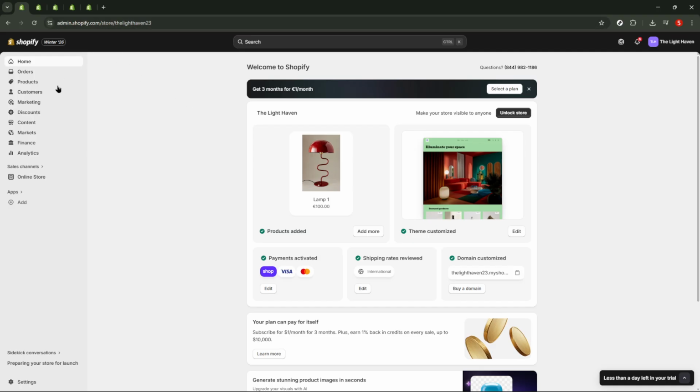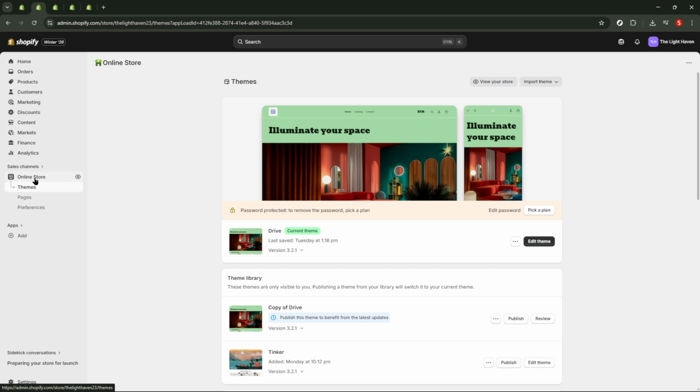Click Online Store to open the website side of your Shopify setup, where you control the look and structure of your storefront. Inside Online Store, choose Themes. This page shows your current theme at the top and options to explore or customize below. What we want is Shopify's built-in AI starter, which speeds up those early design choices so you're not starting from